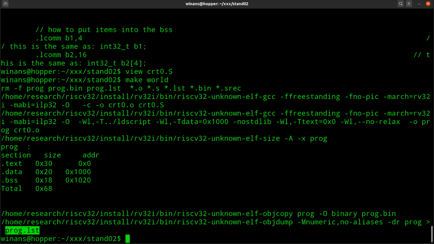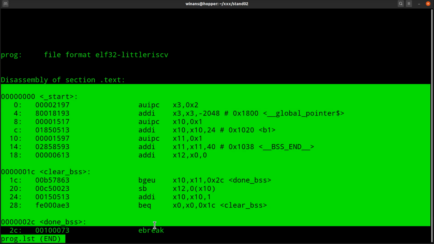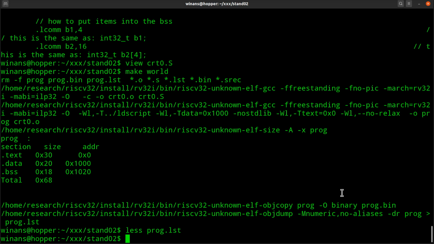So let's go ahead and look here at this listing file. What comes as no shock is that this looks like the other one does, right? Because why? It didn't really change. We didn't change any of our code at all, okay? And when you have an assembly language listing, it doesn't list the data in the BSS and stuff like that. Now, there are options for doing such things, but that's not the most important thing right now. Let's look at the names of the program